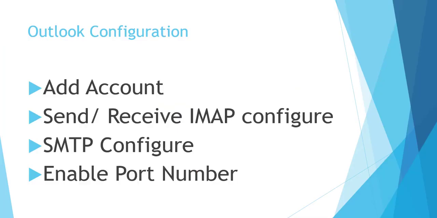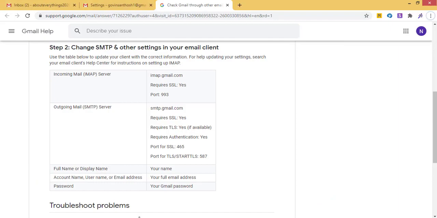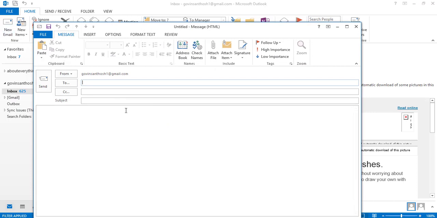Okay, now the final part is sending a test email. Now I'm going to send a test email. The address is about@gmail.com. Subject is test email for Outlook configuration.